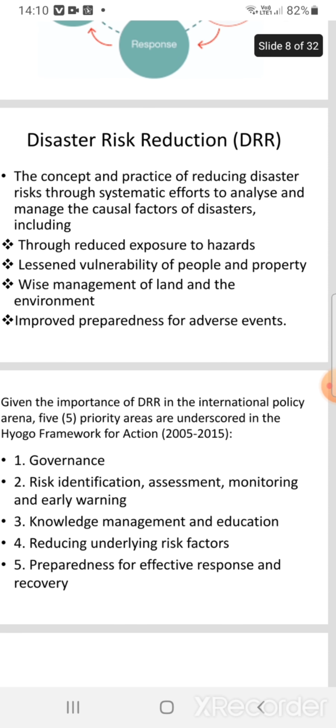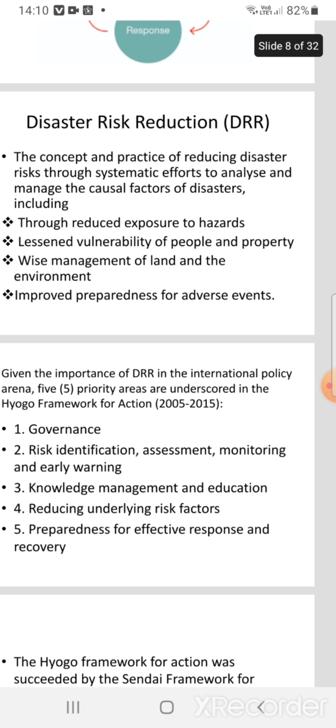So as I told you earlier, in disaster risk reduction, we follow practices that are systematic in nature, and finally, we become successful in managing the situation through reduced exposure to hazards, by lessening the vulnerability of the people and property, and by making wise management of land and environment,